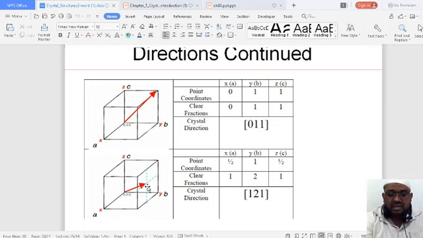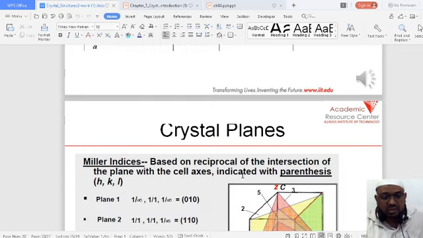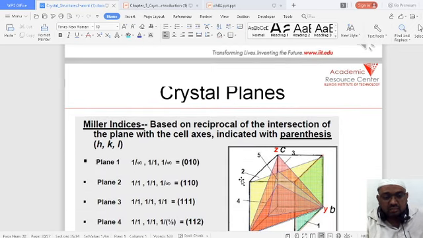Now we go for another example. You can see this particular line segment here. With the x-axis, y-axis, and z-axis, you have the intercepts a, b, c. You can see this particular distance, which resembles the point half. So we have taken x by a equal to half, and y you can see is unit, and with respect to z, this distance is half. We simplify it and get the 1, 1 value. Now this is another quick example.